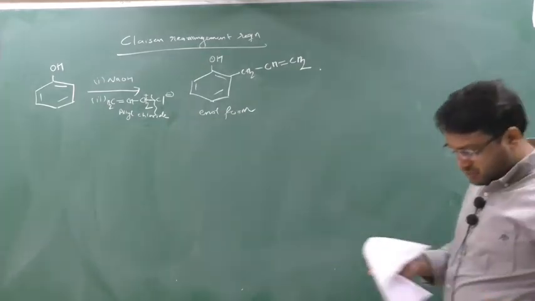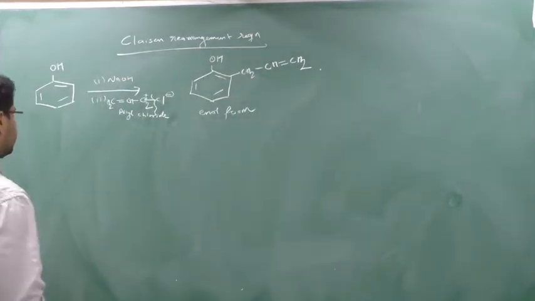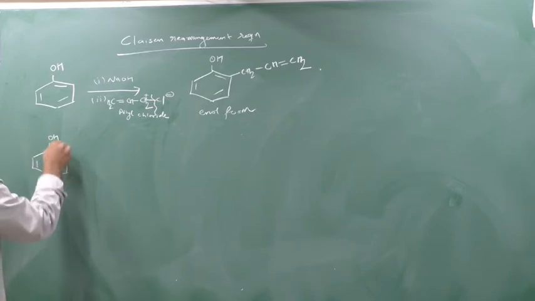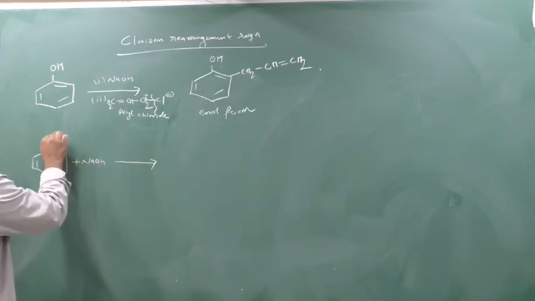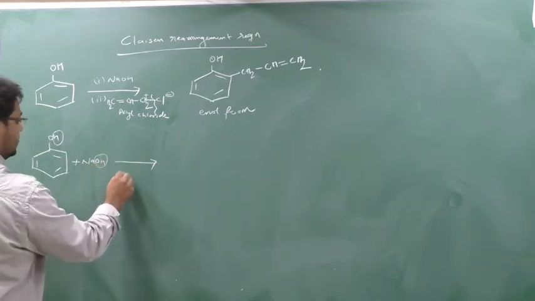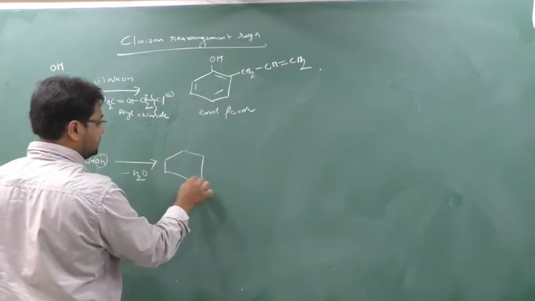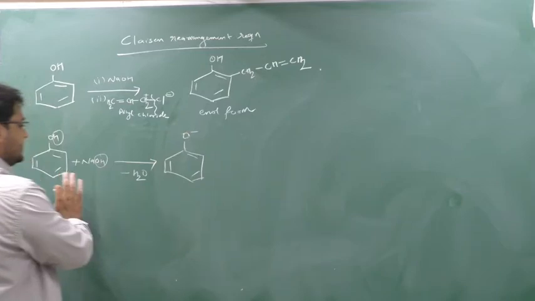Okay. See, first we will see how to do the reaction, then I will show the mechanism. The mechanism is a bit tough. Okay. So see, in the first step, OH, first you do the reaction with NaOH. So what will you get? This H and this OH, so you will get H2O. Okay, and then again you write O minus, and remember here Na plus is there.